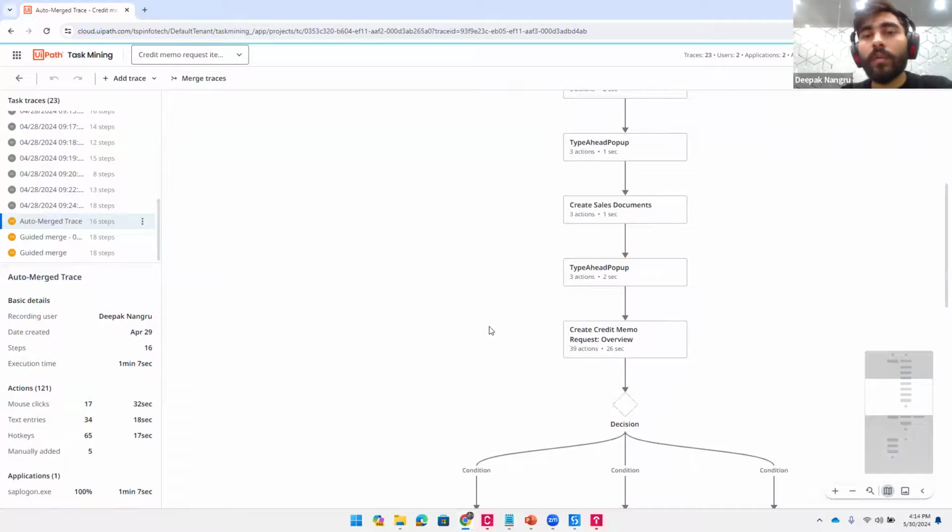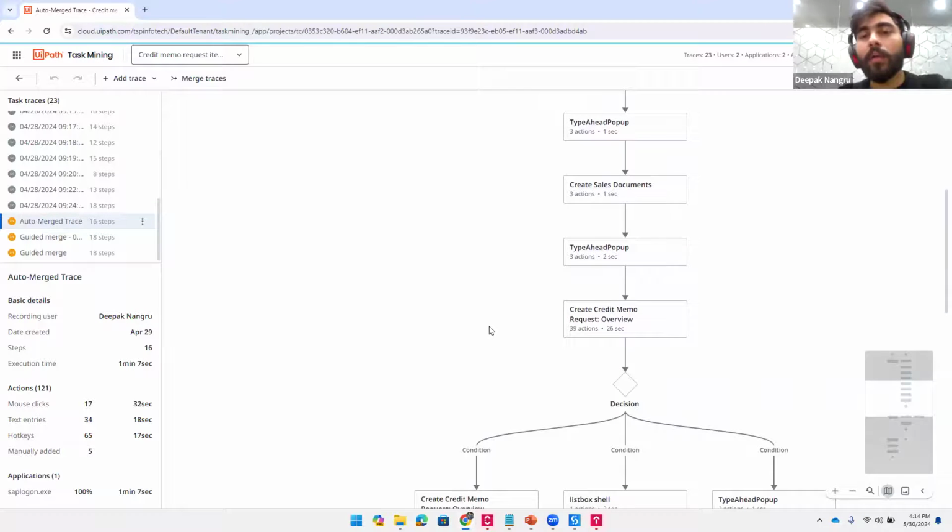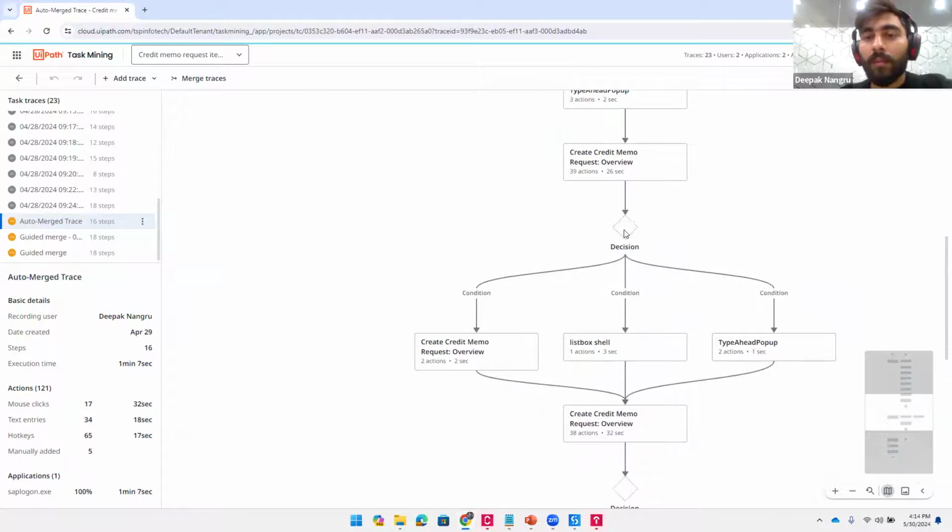He doesn't have to go to the user, update the document, and then go back to the developer to tell them what the change is. So it helps a lot in that. And the main benefit, I would say, is that it creates a decision point. At this particular point they were going here, other times they were going here. So what is the decision that they are making? We found there is a decision being taken at this particular point, and after that the user moves to a different screen. So what is that decision point?